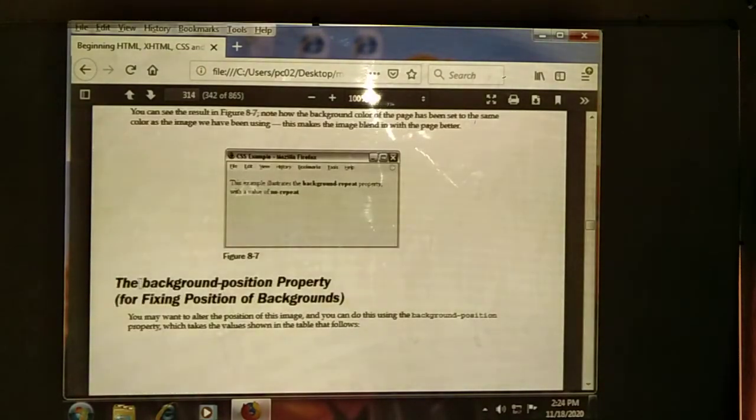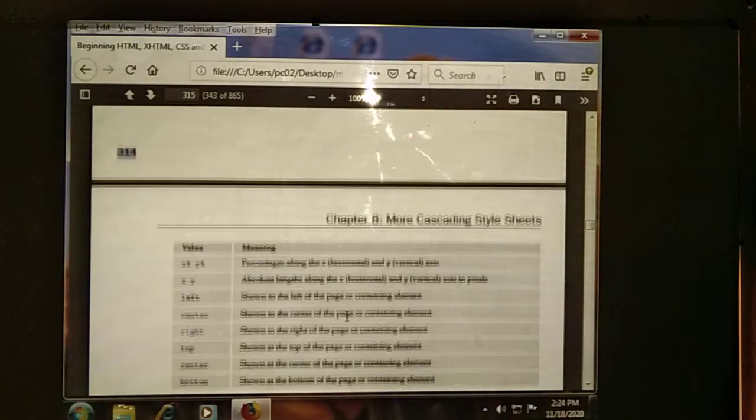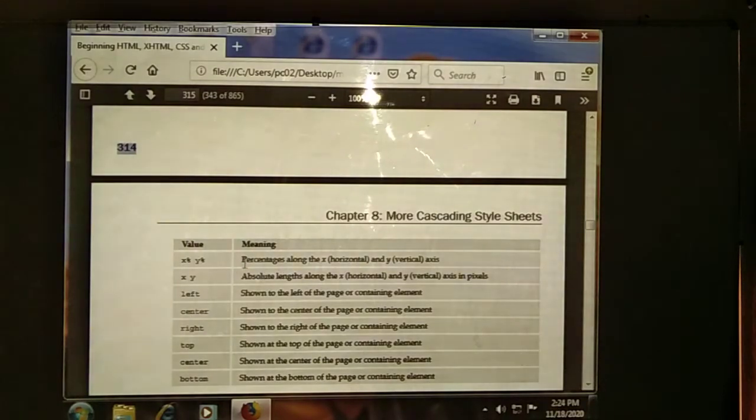Next, we are going to set the position of the image. How to set? We need to set height and width also. How? By using X percentage, Y percentage, means here we set the position horizontally and vertically using percentages. Suppose the whole document is 100%.